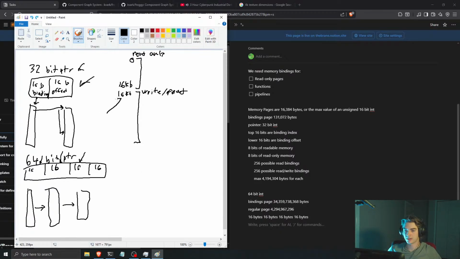Anyways, if I directly used this 16 kilobytes as an index in another binding page, and then we didn't do the second bindings page from the other bytes of memory,